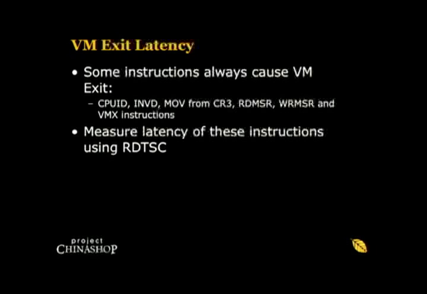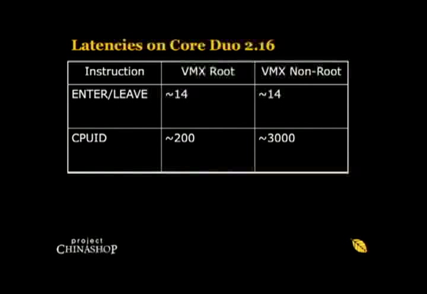So the next approach is detecting VM exit latency. Like I said, some instructions always cause VM exits. We're just going to use my favorite instruction, CPUID, and measure the latency it takes to execute. Normally it's a pretty fast instruction. It doesn't really have to do that much work. It has to flush some caches, and then the values are basically hardwired in it. And just to give a benchmark against another slowish instruction,